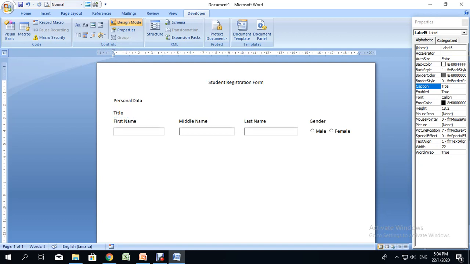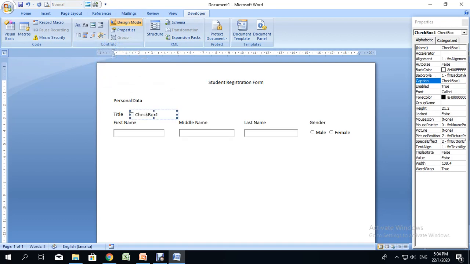I'm going to go ahead, and I'm going to put in two check boxes, or not two check boxes, about 3 or so. So I'm going to put in the first one, and I'm going to change the caption to Mr. And I'm going to adjust the width of the checkbox because we don't need it to be so wide. Put about another space between it and the next one, and we're going to put in Mrs. as the caption. Same procedure, adjust the width of the box,